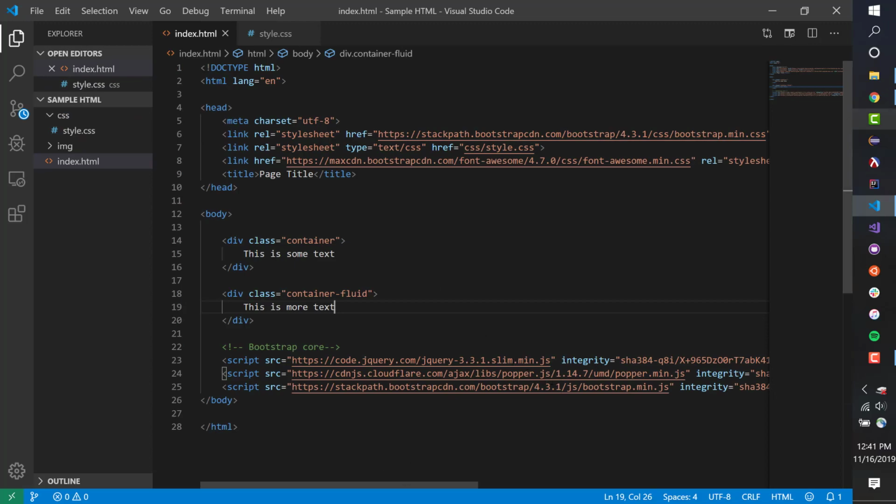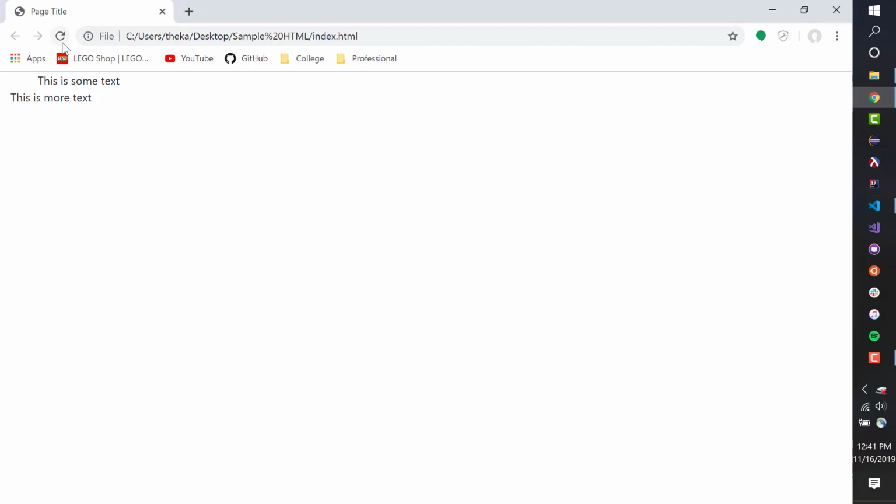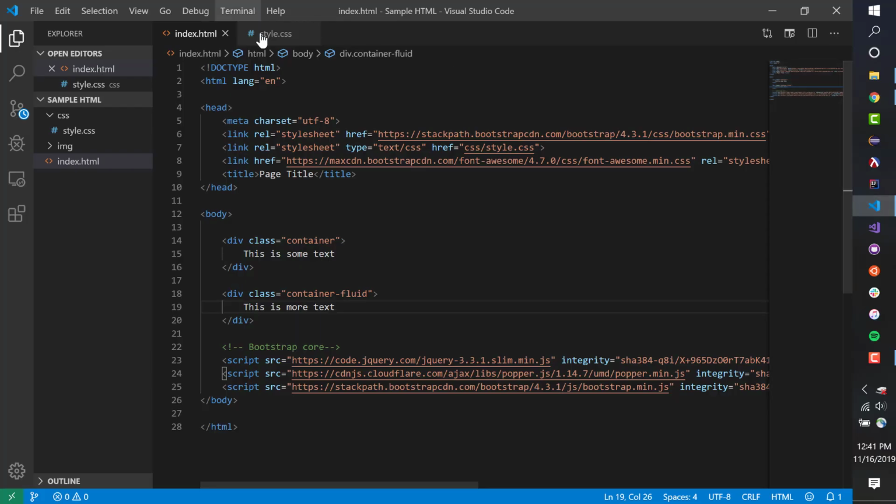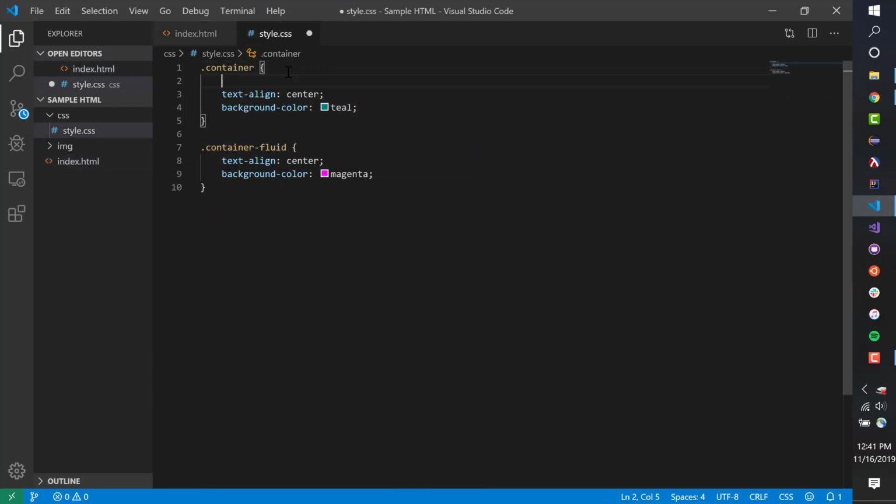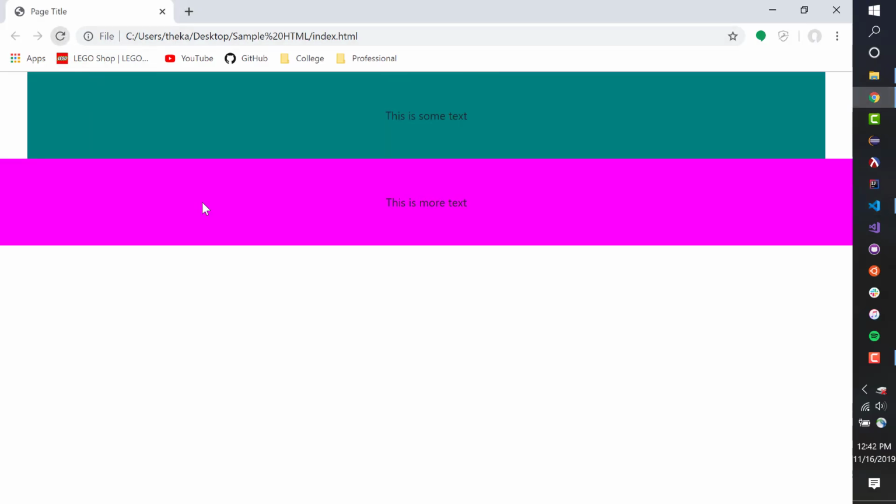Save this, make sure everything looks good, open it up in the browser, and we can visualize this a little bit better. So we'll change the padding up a little bit just so it takes up more of our screen. So we'll specify 50 pixels for both. And here we go. So we have our text, but this is actually where we see the difference between container